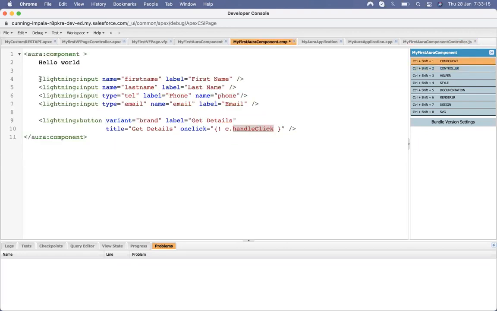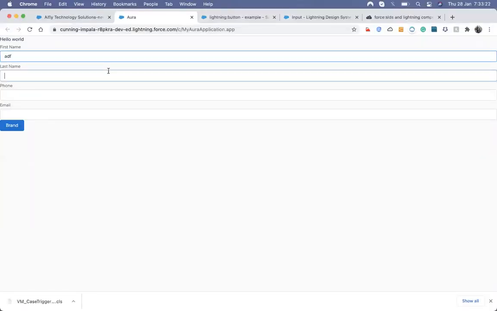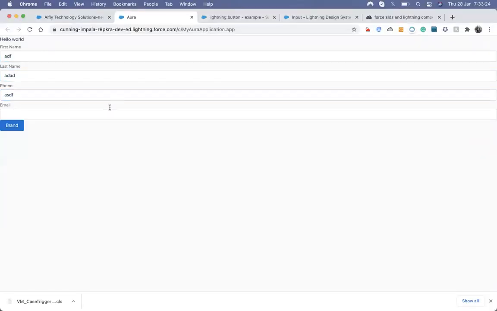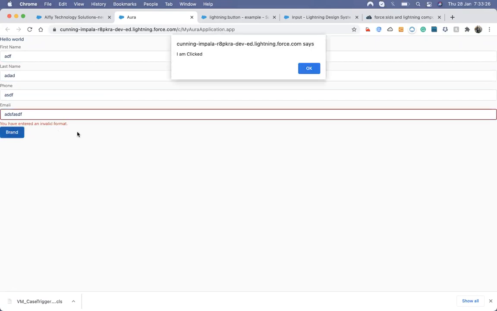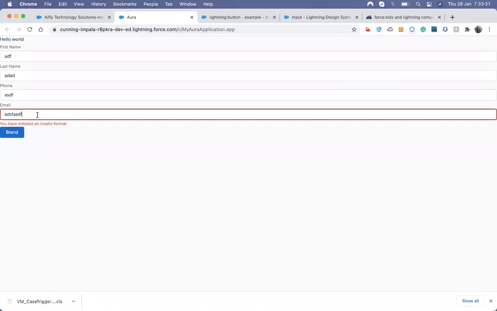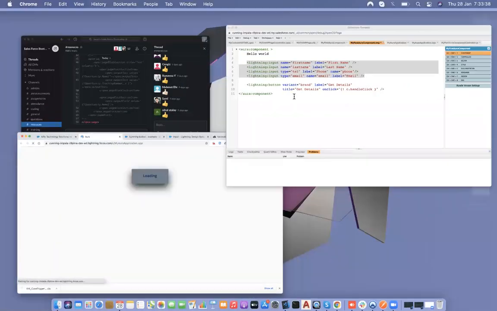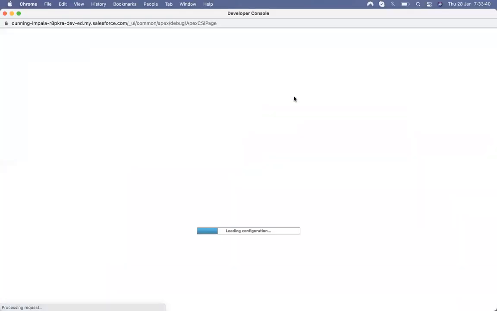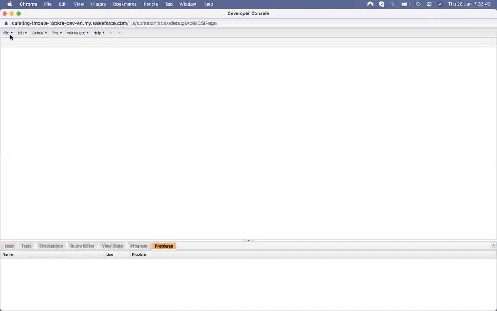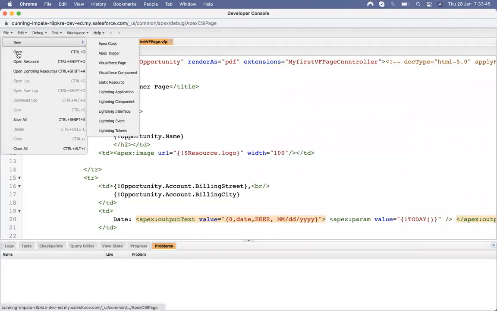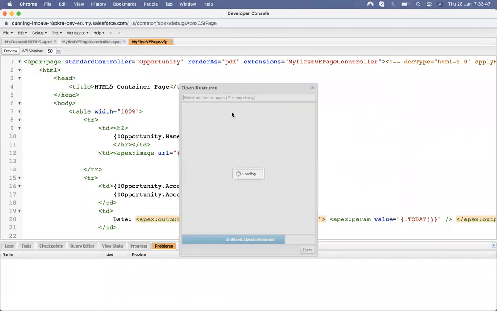Now I need to see these values, what the user entered here, because right now I'm not able to access those values.